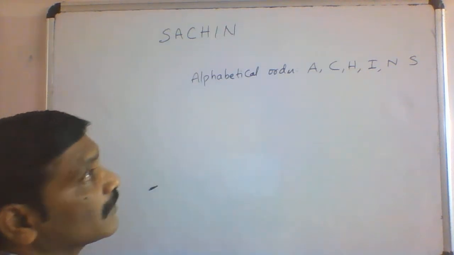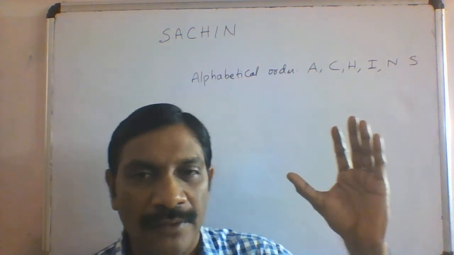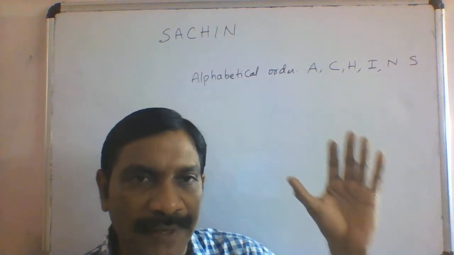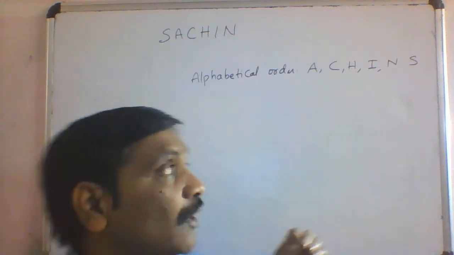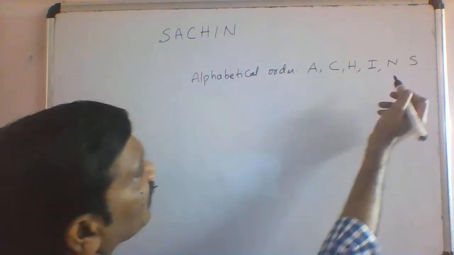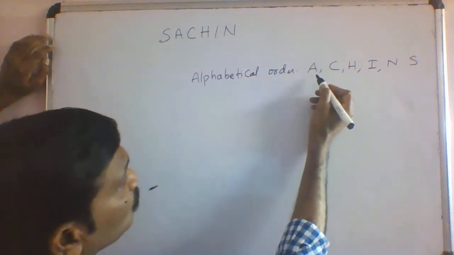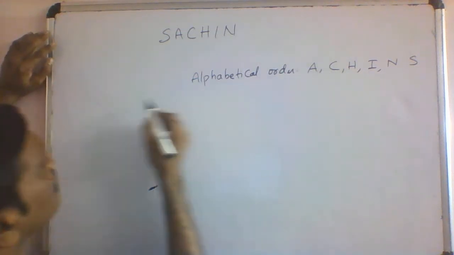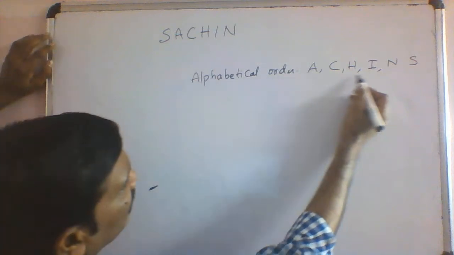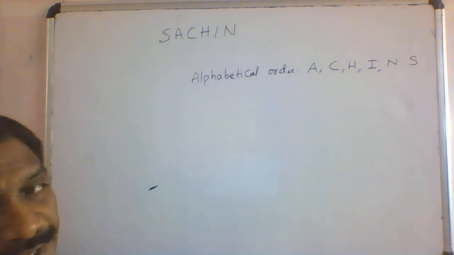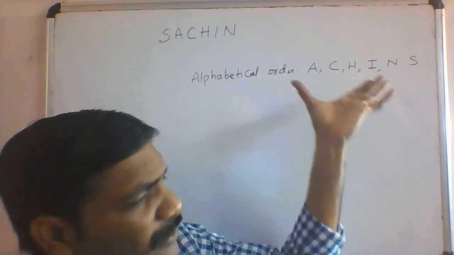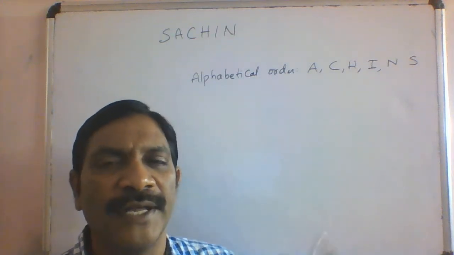Then start writing all words alphabetically. So how to start the words alphabetically means first the same alphabetical order A, C, H, I, N, S. So it is difficult to write all words and find the rank of SACHIN